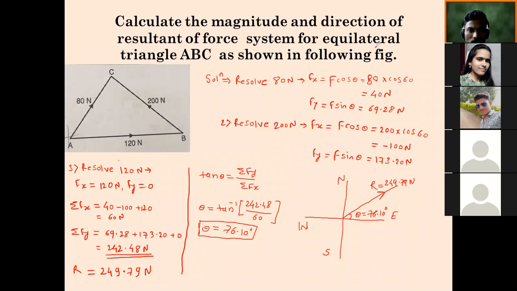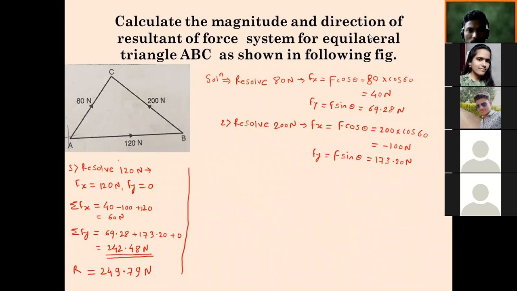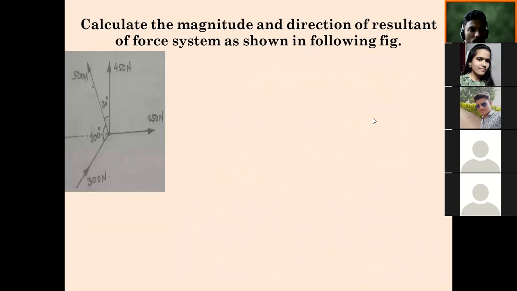So last problem. Last problem to find magnitude of resultant and direction. So are you able to see this diagram? Yes, sir. Okay, shall we solve this problem first? So further problems are of different types. Last problem from this method we will say, where we want to find the resultant and its direction, where a force system is given. Okay, so how many forces are there in this? 4 forces are there.